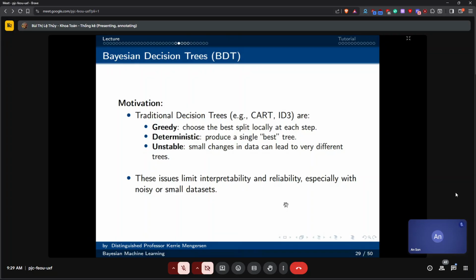And I've run out of fingers now, but you keep doing the splits, and you do that until you reach some stopping criterion. For example, I have too small a number in each of the groups, or I have a good estimate in each of the groups. So then I will stop. And so I end up with this kind of tree.